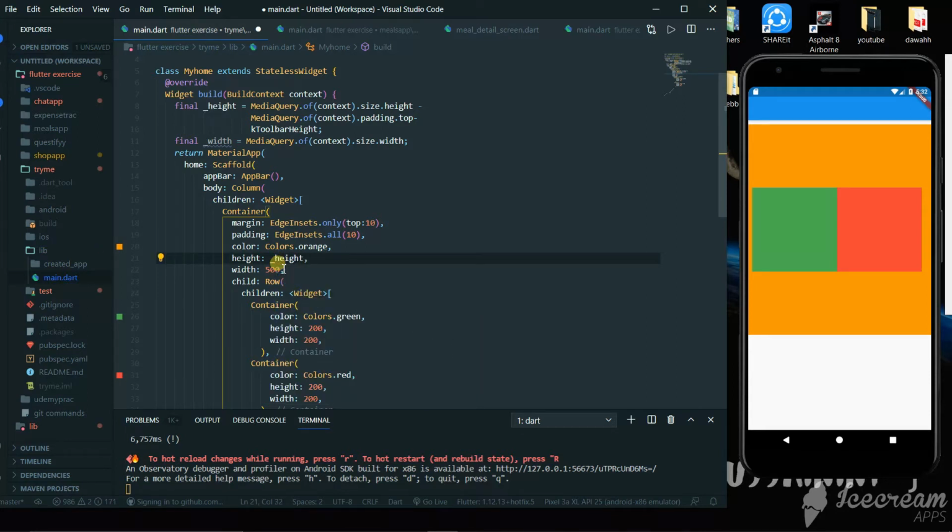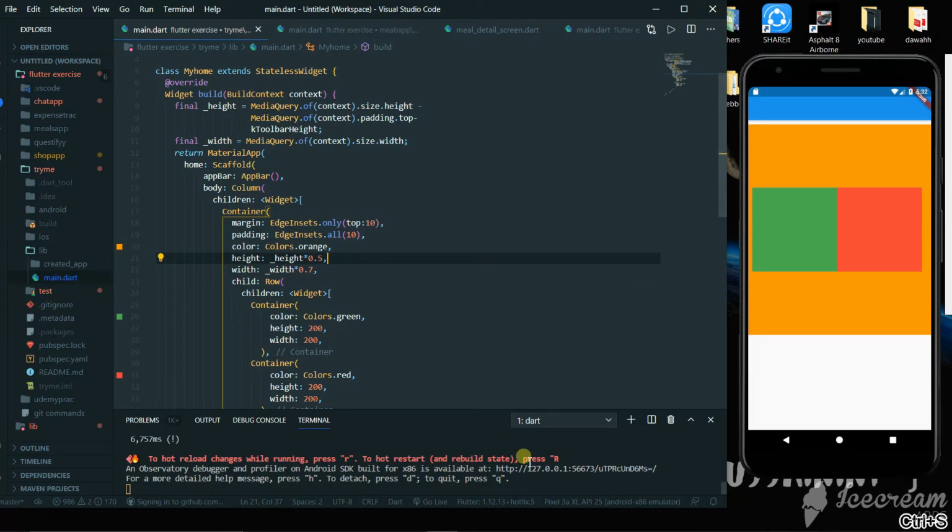Now I want to make this 50 percentage. So for that we'll just multiply it with 0.5. So it will give us 50 percentage of the height. Similarly, we'll delete the value of row, and let's say we give 70 percentage of the width.